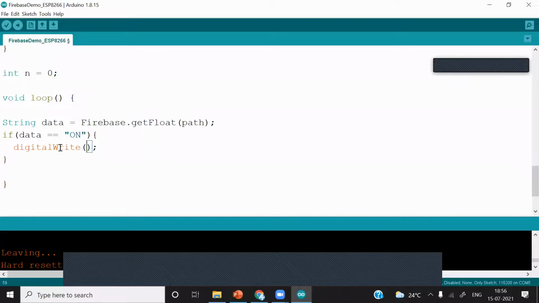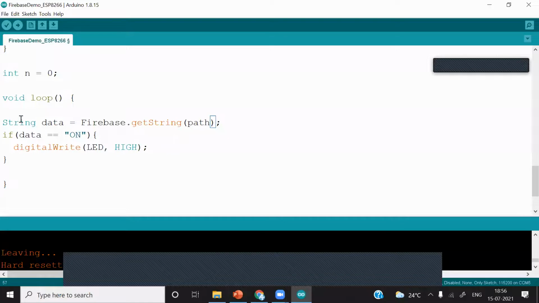Digital write, first argument is pin number, which is LED. We have assigned it initially at global, and second is HIGH. So here is string data. The Firebase get float, it is not float. We are going to receive the string data type. So we will just put string because we are comparing string with the string data type.